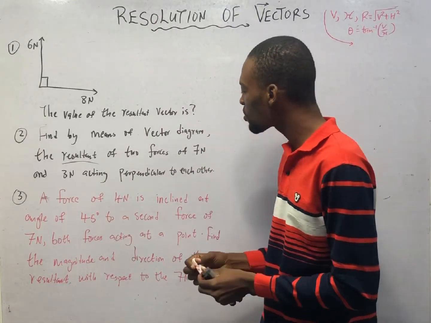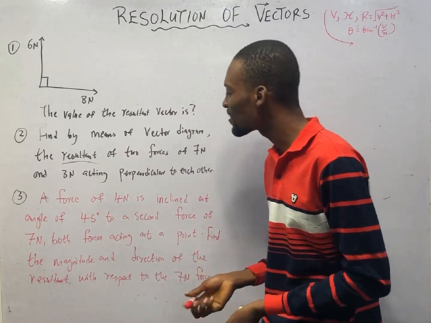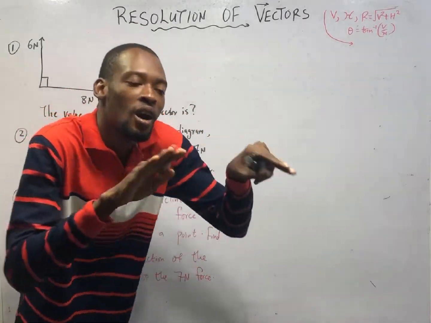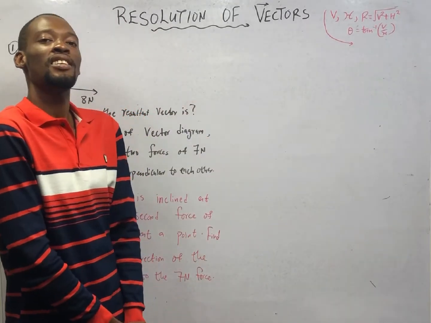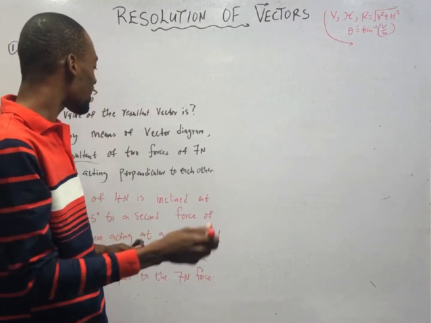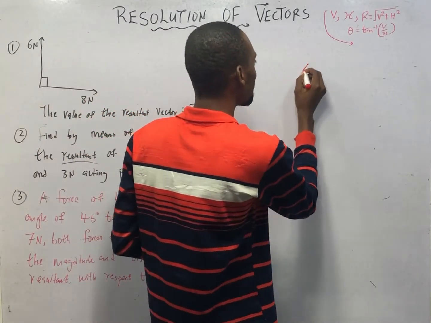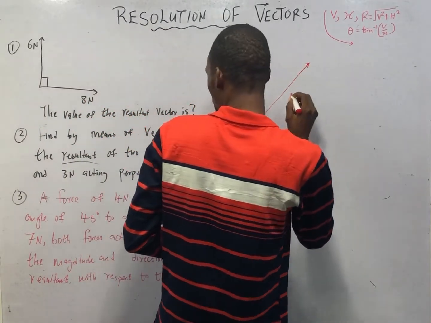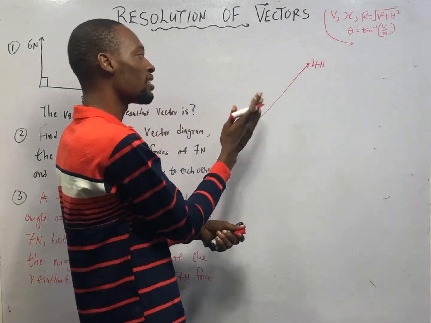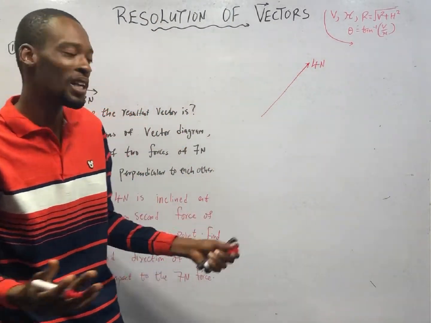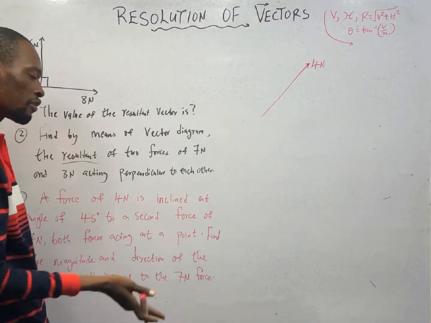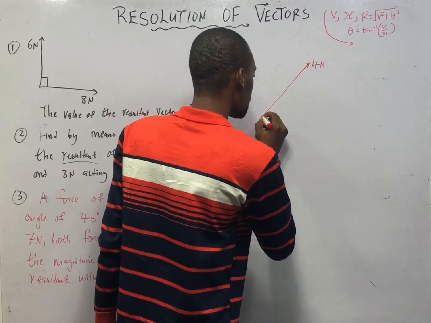It says a force of 4 Newton is inclined. Now, when something is inclined, it means it is forming an angle. It is not straight like this, and it is not lying down flat. So we know that it's inclined. Something that we already know is that we have a force like this. It's inclined as 4 Newton. So the force is bent, not straight, not perpendicular. And it says at an angle of 45 degrees to a second force. So if it is inclined like this,